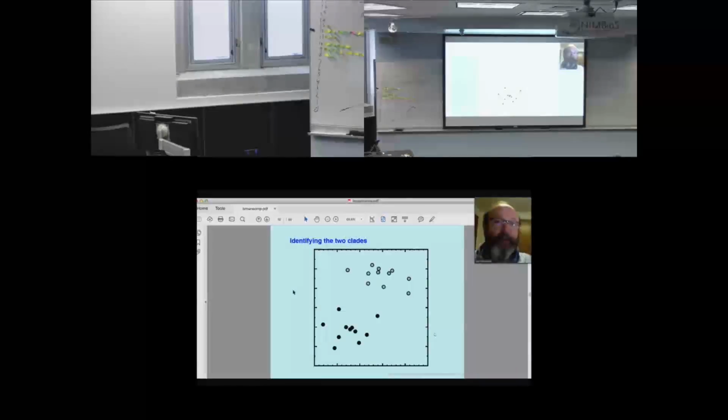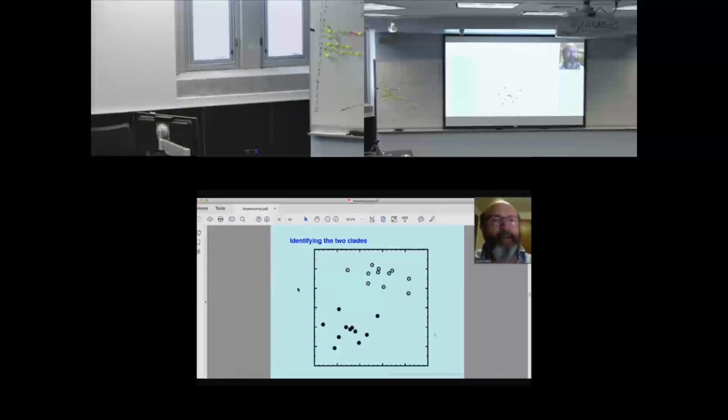You remember that the clades had different colors. One was black and one was gray. Here are all the gray points. That's the gray clade. Here are the black points. And now you look at them and you have to worry, because within the gray clade, there's actually no particular sign of covariation. And within the black clade, there's no particular sign of covariation. But the differences between the clades are resulting in this net positive covariation, the net positive slope. So maybe the slope is due just to the evolution that separated those two clades.